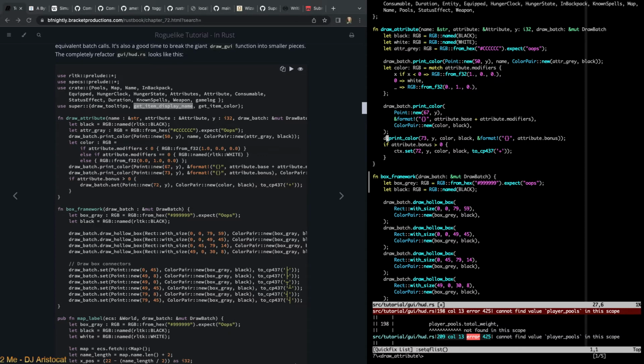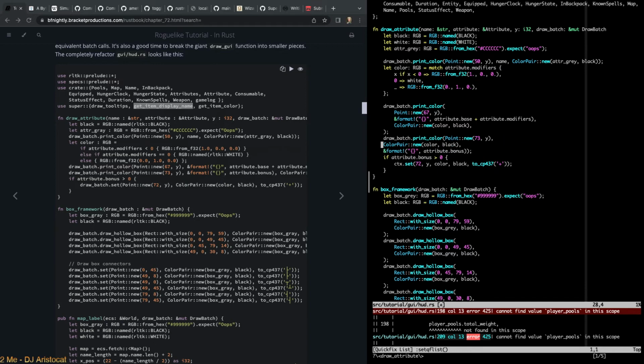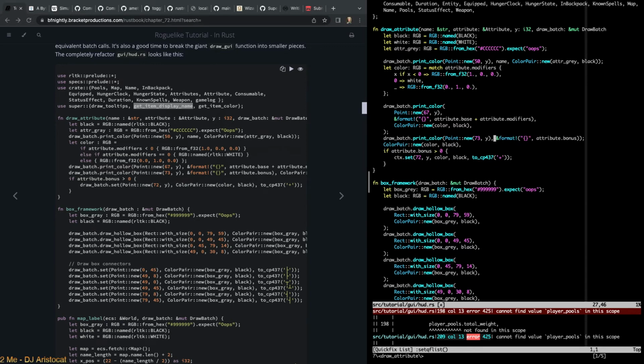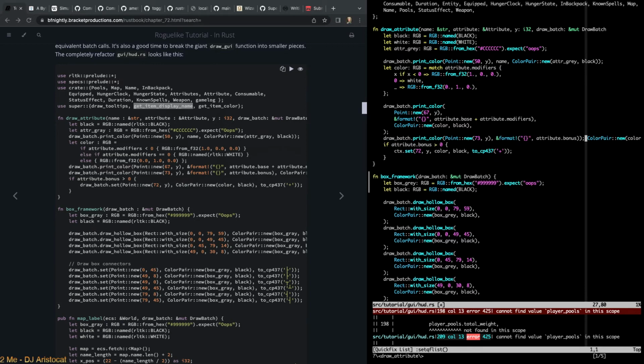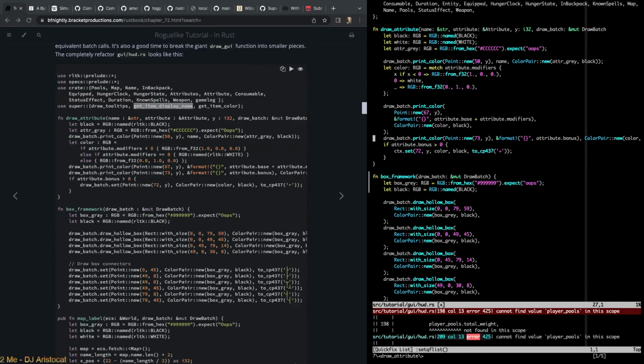Same with this, draw batch, point new, color pair, new. Let's do that, do that, do that, do that, do that, and that, and that. Okay. And then draw batch, set,